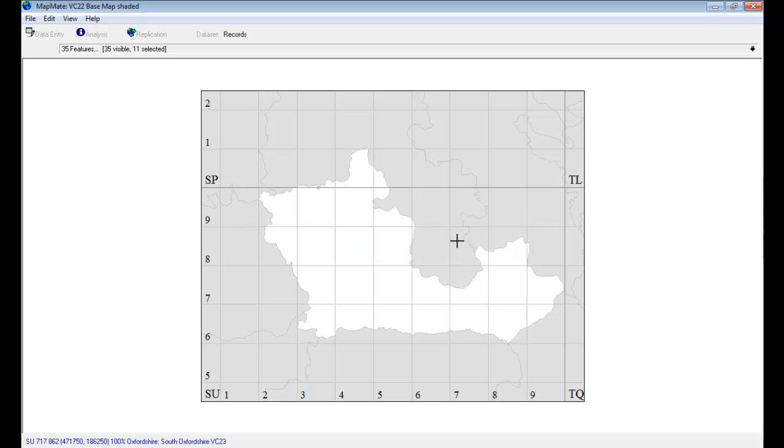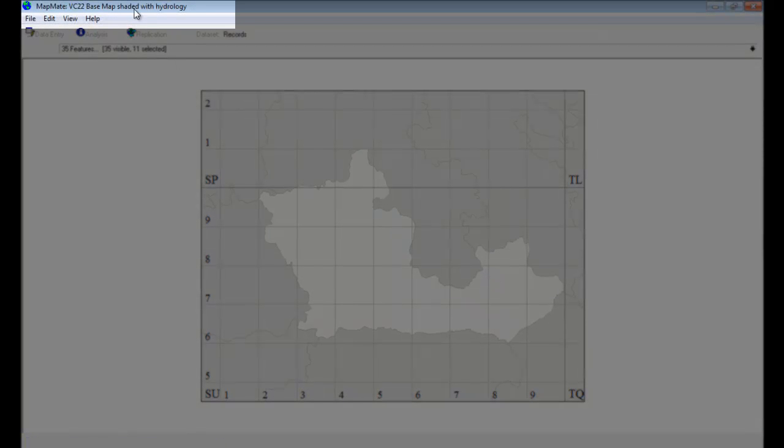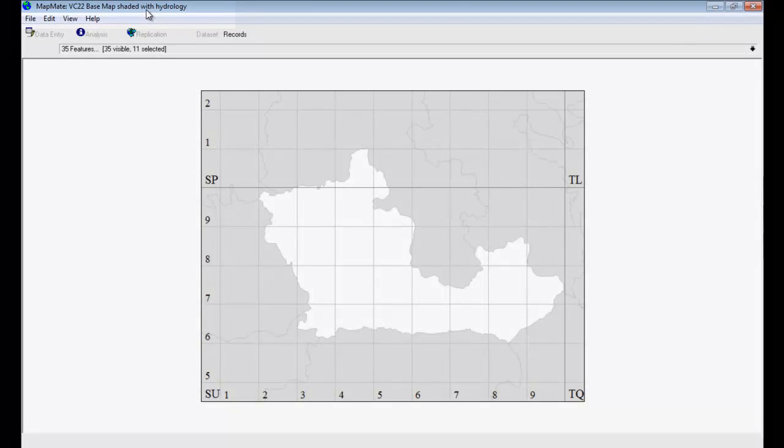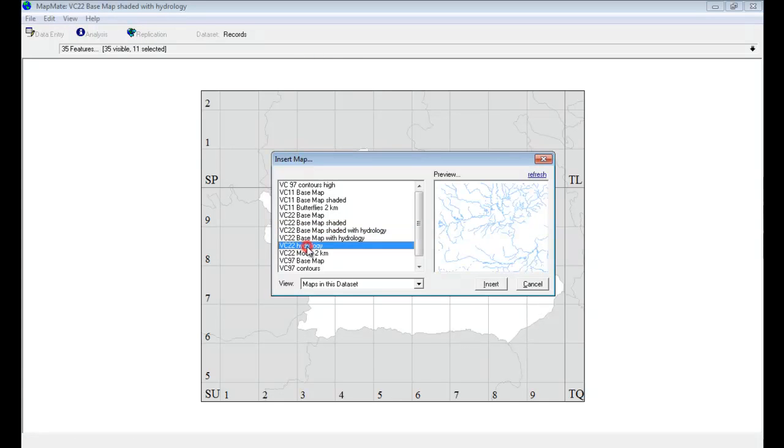In MapMate, when you save a copy of a map, it keeps the original open and saves the copy elsewhere on the system. So at the moment we're still looking at our original shaded base map, so we now need to go back to File, Open, and find the one that we've just renamed and resaved as the one with hydrology, and open that. It tells you at the top of the screen which map you're currently looking at. So this is the copy of the base map that we want to add the hydrology to, and we do that by going Edit, Insert, Another Map, and then finding the blank map with the hydrology that we originally created